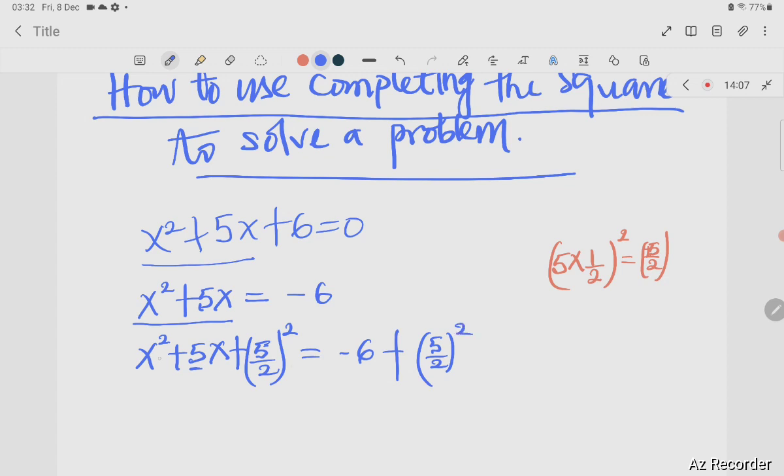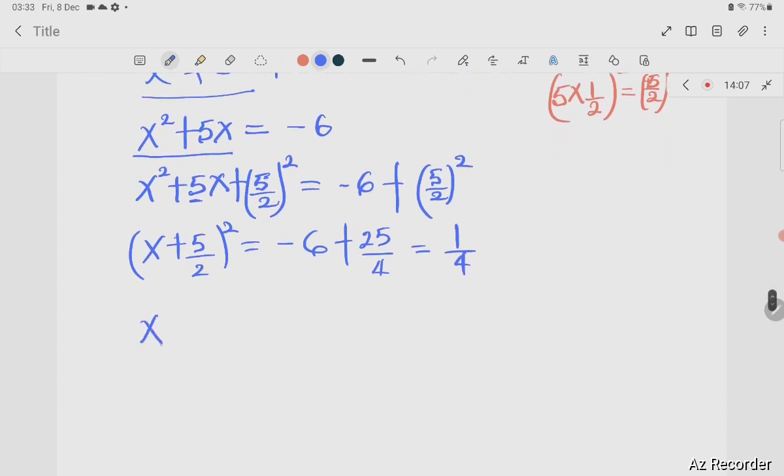So I factorize the left hand side. I have x plus 5 over 2 all squared is equal to negative 6 plus 25 over 4, which gives 1 over 4. So we have x plus 5 over 2 squared is equal to 1 over 4. From here we can find the square root of both sides. This is the reason why we were